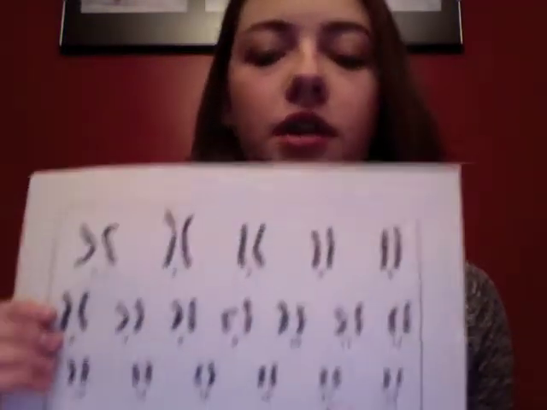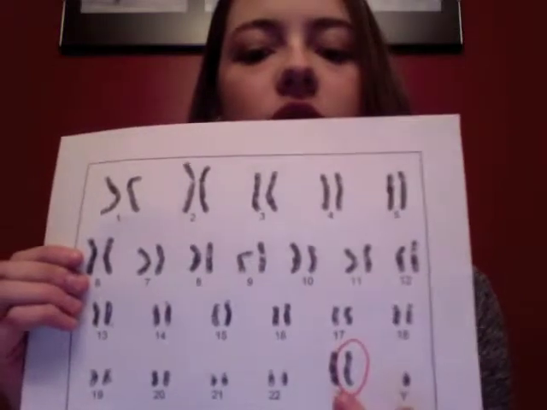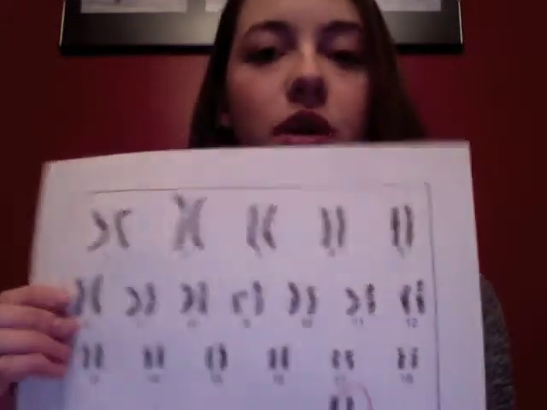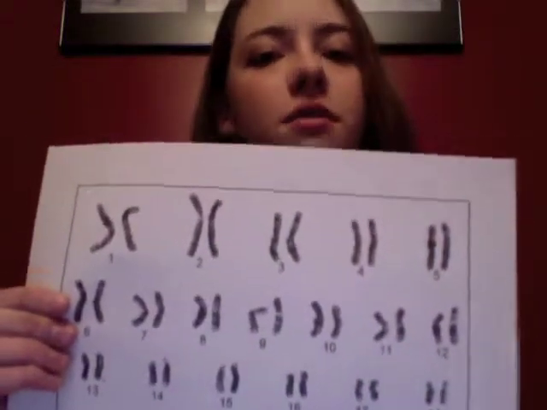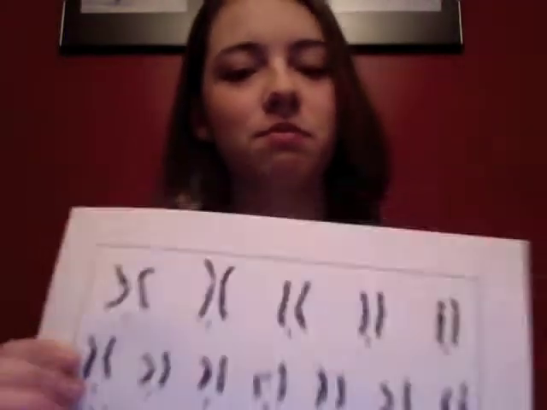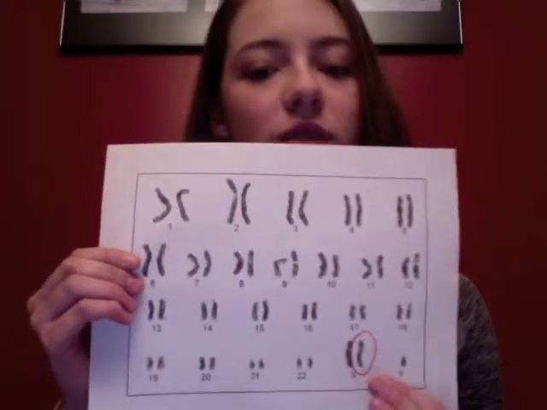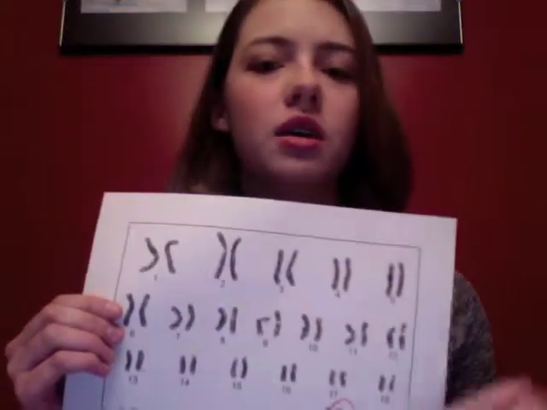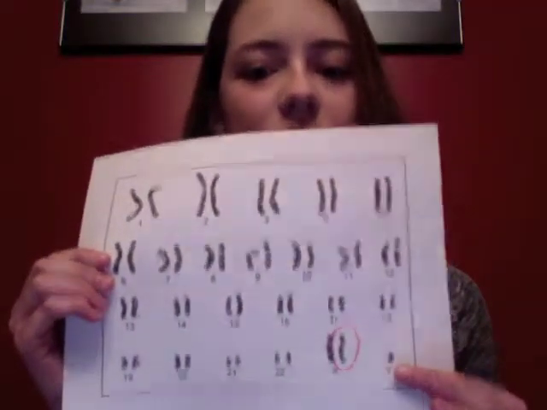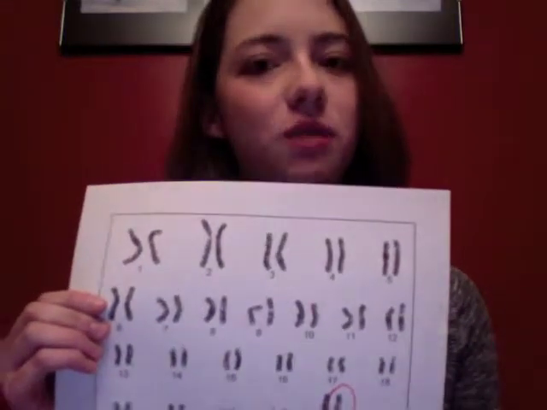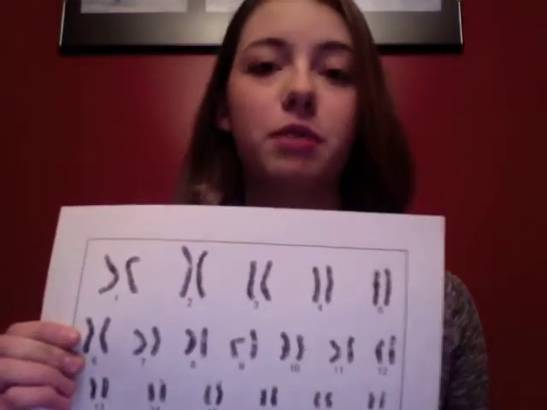Now, in a normal karyotype, you would find one X chromosome and one Y chromosome in a male, and in a female, 2 X chromosomes. However, in your case, you have 1 Y and 2 X's. Now, this tells me 2 things. First of all, since there's a Y, in any case, your baby is a male, is a boy. You have a baby boy,